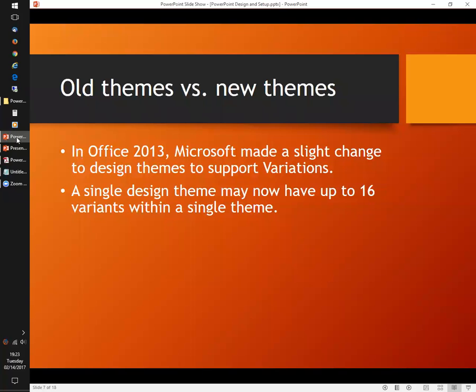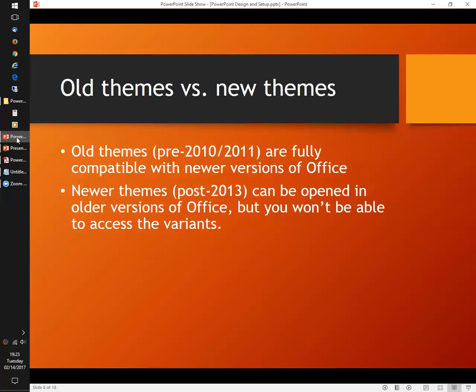All right, so let's see, my slides here, old themes. Now, here's the cool thing: all the themes from the earlier products are basically forwards compatible. So if I'm using Office 2016, I can still use themes that were created in Office 2007. They're also cross-platform. So if you have themes from Mac, because there are versions of Office for Mac and they're not always the same, you can also use those.